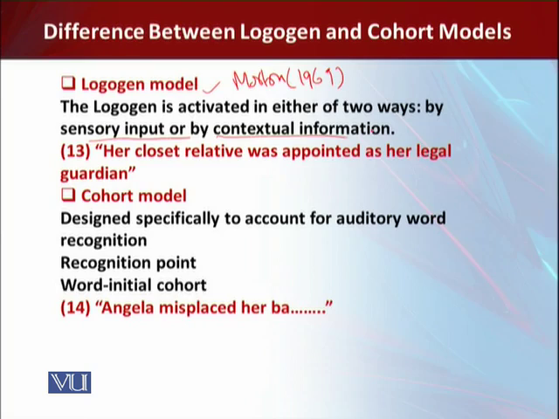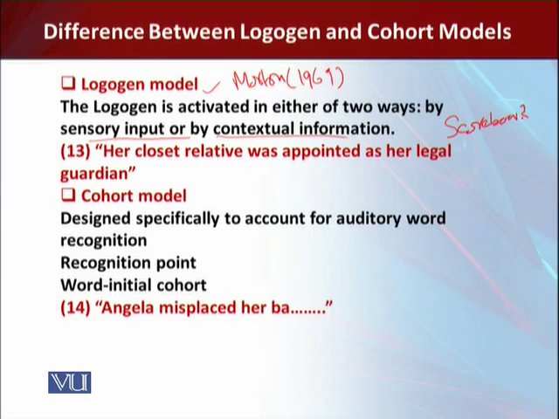Now consider the sensory route first. As orthographic or phonological features of the input stimulus are detected, they are matched to the logogen. The logogen functions as a scoreboard or some kind of counter, and when the counter rises above a pre-designated threshold, the item is recognized. With regard to contextual information, the semantic and syntactic structure of a sentence may influence the